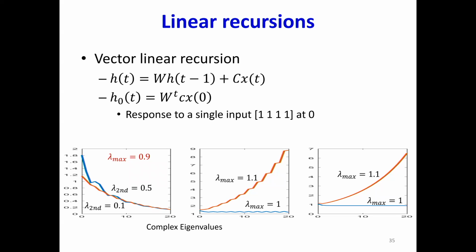Yeah. Why did you say that when you pull out the largest one, all the others go to 0? Because lambda 2 over lambda 1 is going to be less than 1. Oh, I see, yeah. Right? So something less than 1 raised to t goes to 0 really quickly, right?